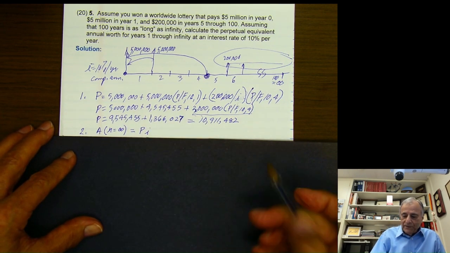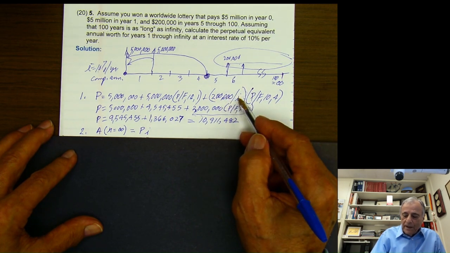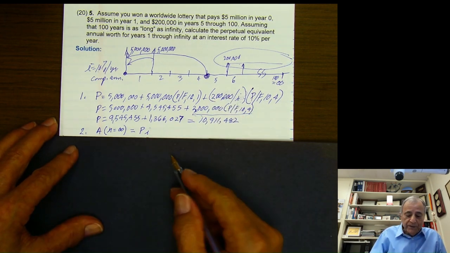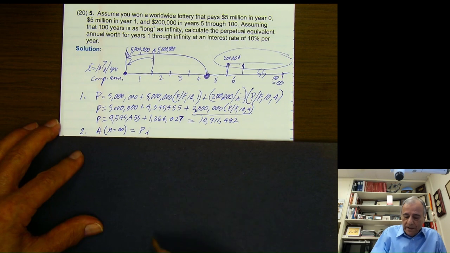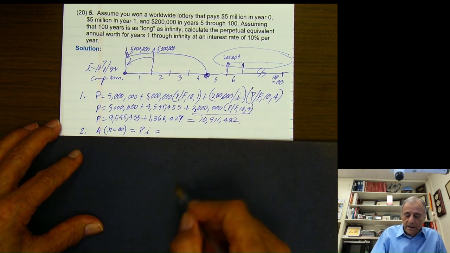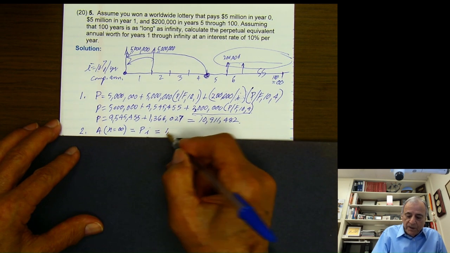It's the opposite of this one. This was A over i equals P. Multiply through that, you get A equals P times i. And so now I'm going to take this 10 million and multiply it times 0.1, which will give me